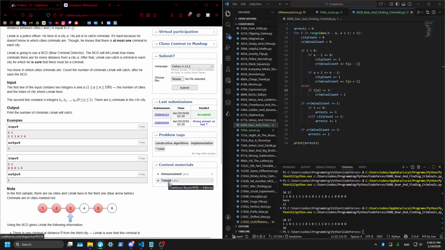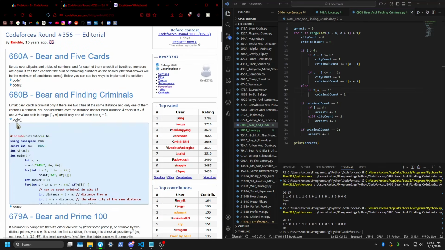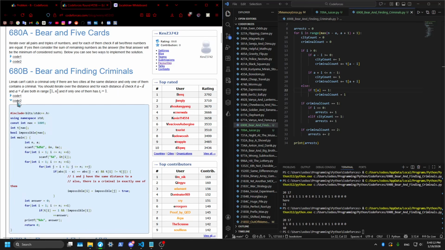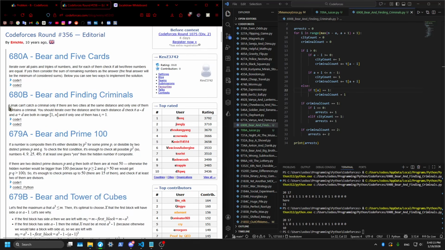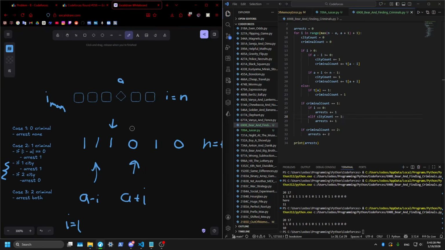Let's take a look at the editorial. The map can't catch if there are only 2 cities the same distance. Are both in range if only one. This editorial sucks. It just has 2 codes. Okay, well yeah. I kind of just accounted for all the cases, but